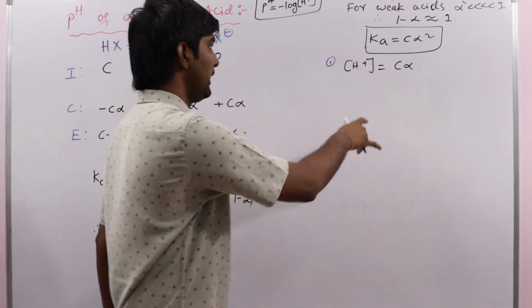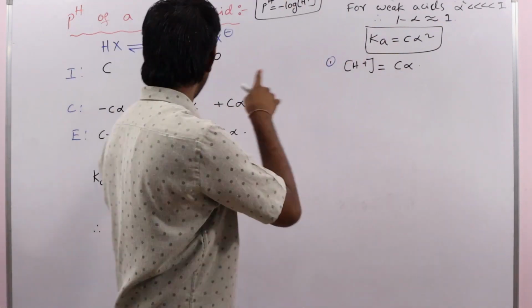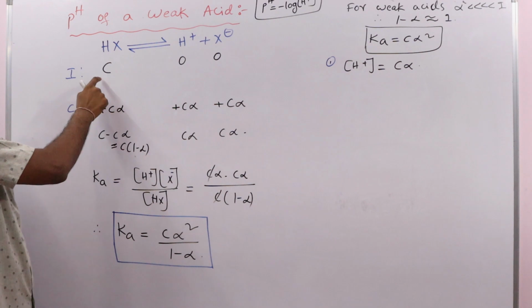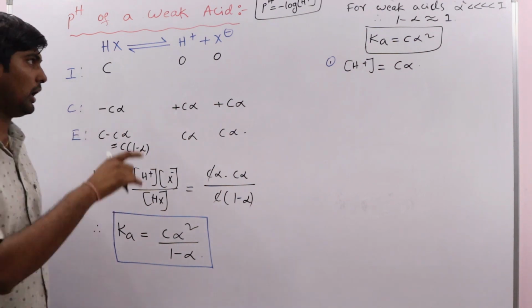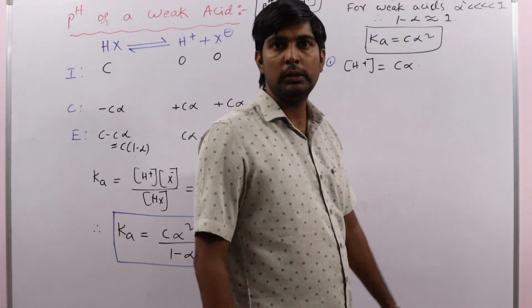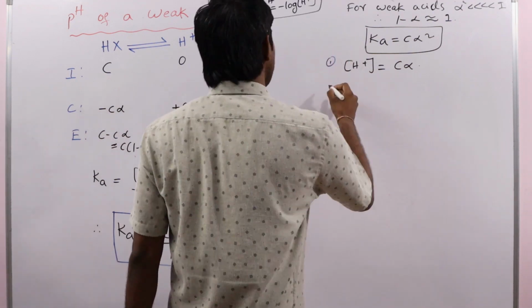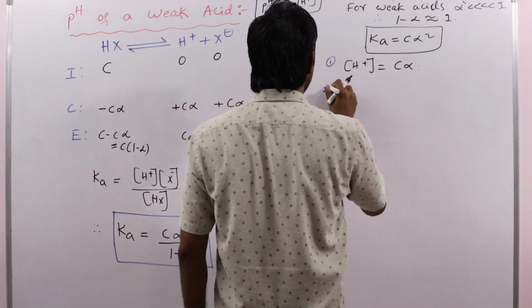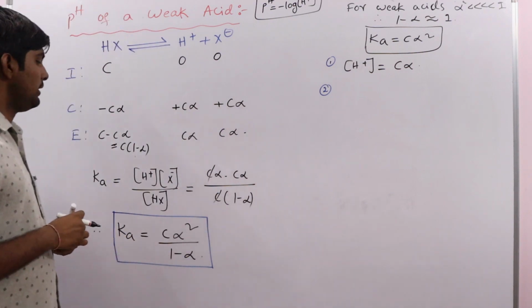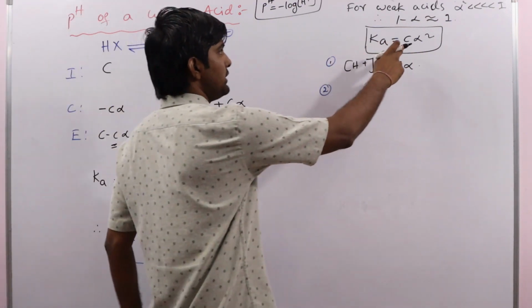C alpha. What is C? Initial concentration of the acid. These are the initial concentration of the acid, and alpha they will provide in the examination. And also we can write another formula. See, from this relation,